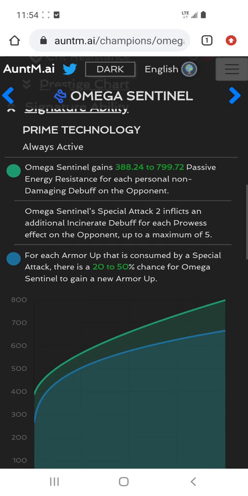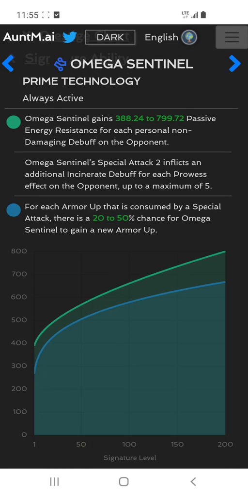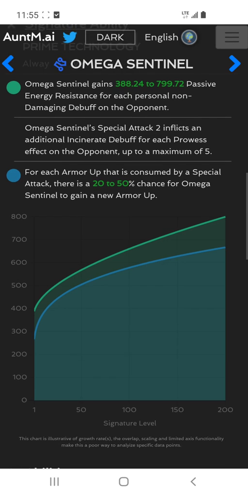So Omega Sentinel, the good thing about her, she just needs to be a Sig 1 to gain the most from offense, but for defense purposes, she gains like 800 passive energy resistance for each personal non-damaging debuff on the opponent. That's pretty good. That can stack up pretty high. You can put 3 on the opponent,